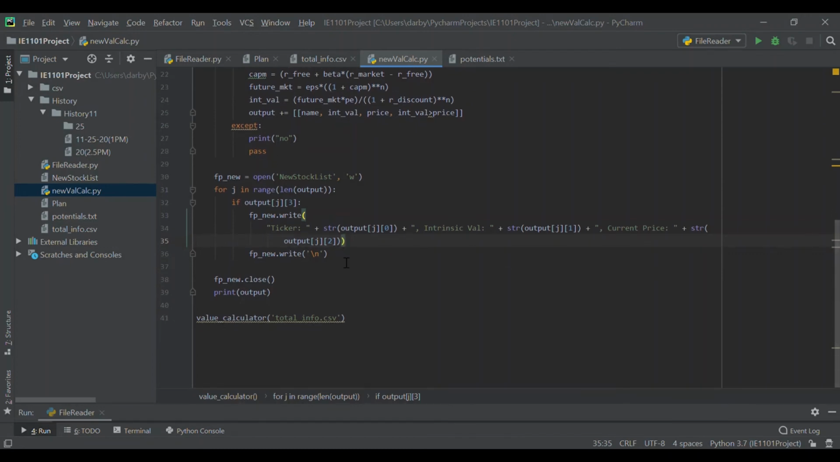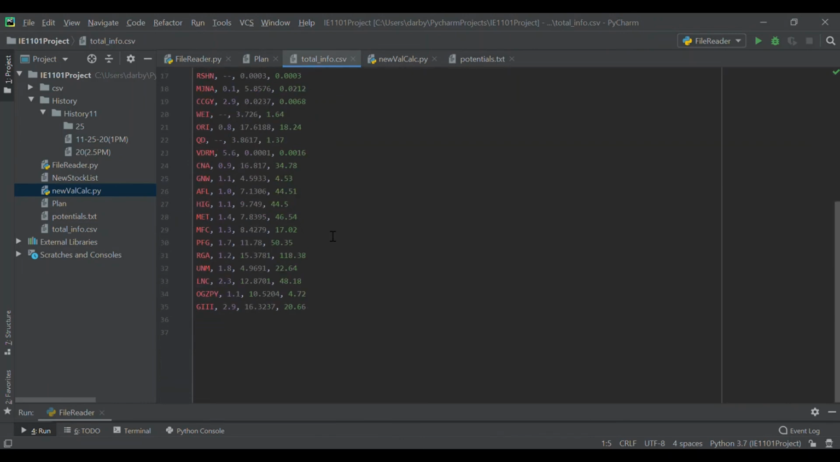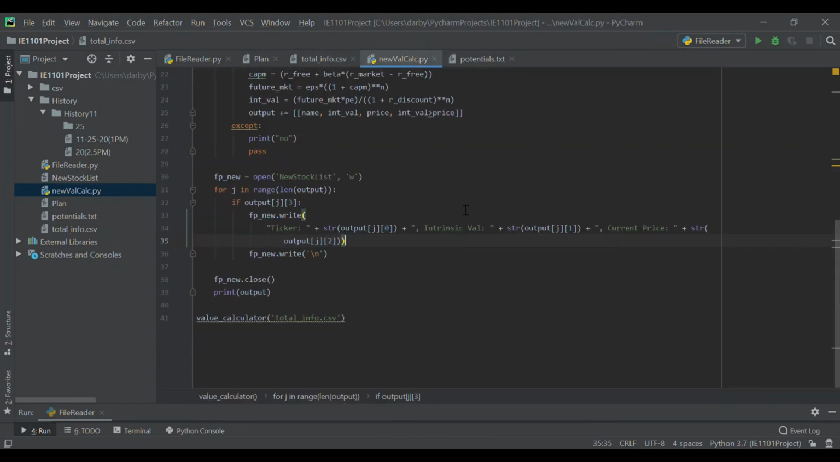So yeah, and then it's going to write a new line after everything so that it looks nice. Closes it, outputs it, then here we're just running it, so we're putting the name total info, that's our formatted list here, or formatted CSV I guess now, and it's going to turn it, so let's give it a shot. We'll make sure we have it loaded here. Let's run it, and now we can open up our